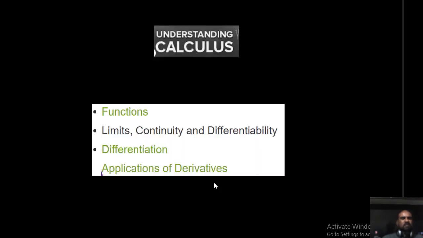Hello students, today I am going to start a new chapter in mathematics, an important part, that is calculus part 1. In this part 1 we are going to learn the concepts of functions, limits, continuity and differentiability, differentiation and application